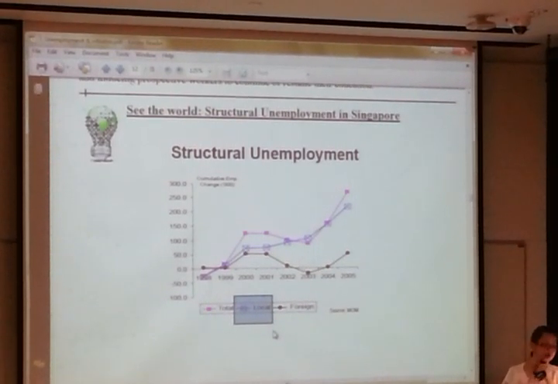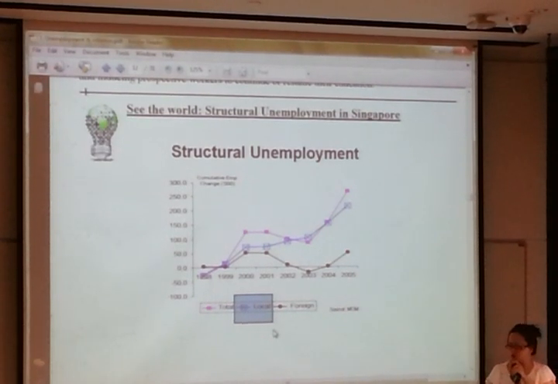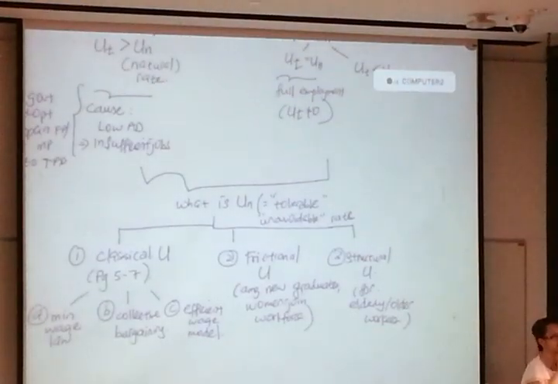So you can see all these pages of lecture notes, they are very reading in nature. That's why you have to read it with an example in mind. If not, you will be very bored because there are no diagrams to draw. So these are what we call the constituents of the natural rate of unemployment.